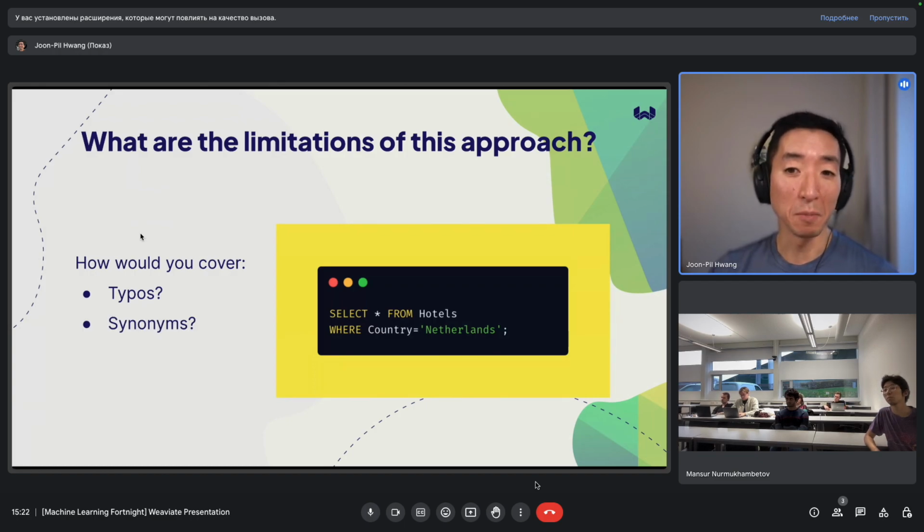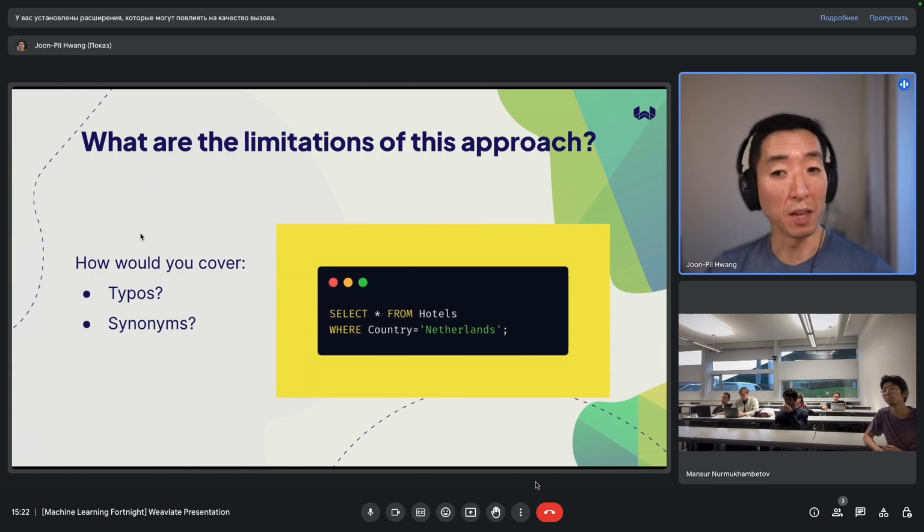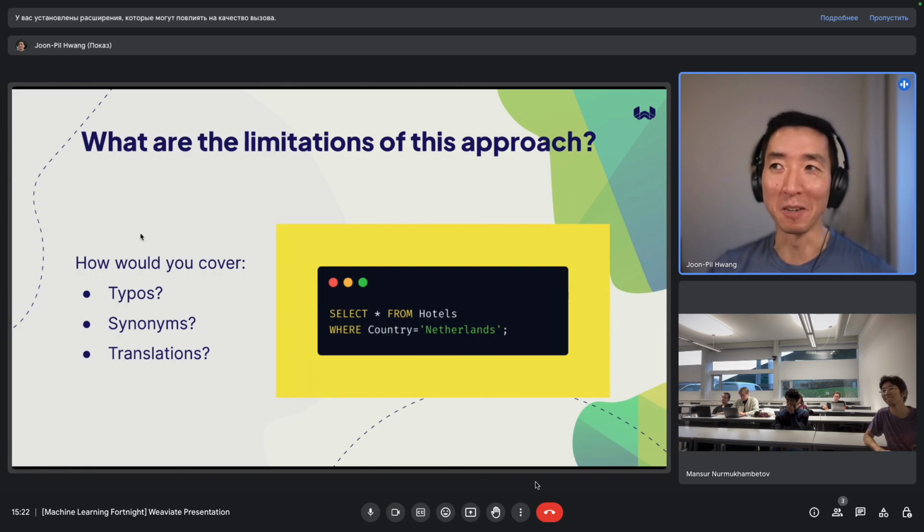How would you cover synonyms? If someone said, oh, I want to look for Dutch hotels, would that work? Don't know, maybe. Translations. Not all of you are bilingual, which is amazing. I'm barely bilingual.